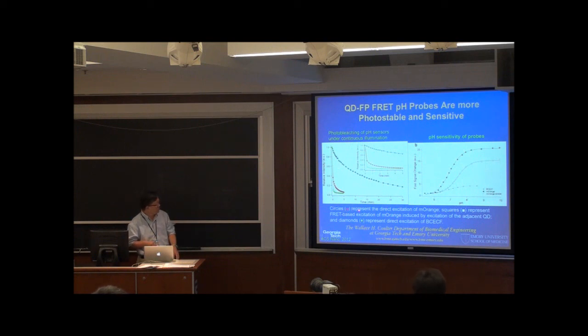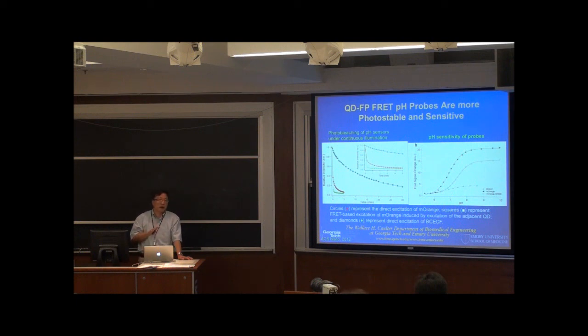So if you take the mOrange protein, which is the red curve, within 2 minutes, the fluorescence intensity is reduced by more than 80%. Okay, so photobleaching is a big issue. Now, if you combine the mOrange with quantum dots, even after 10 minutes, you still have 50% of the signal. So that's one of the major reasons why we want to combine mOrange with a quantum dot, so that we could address the issue of